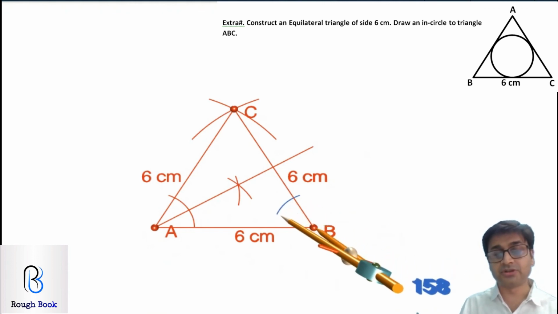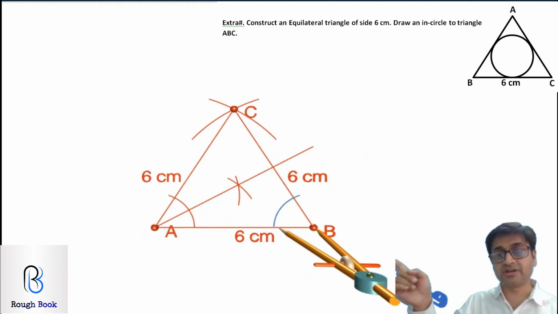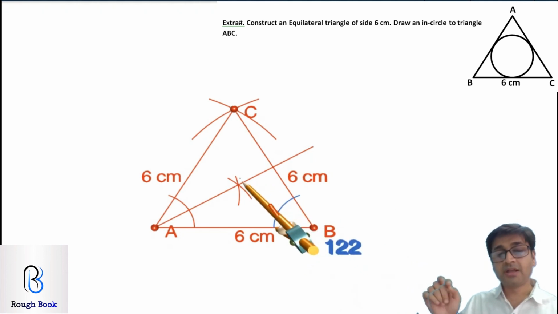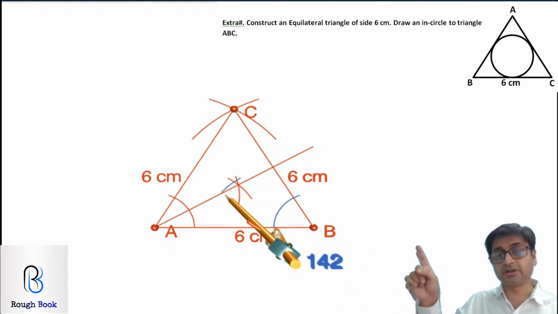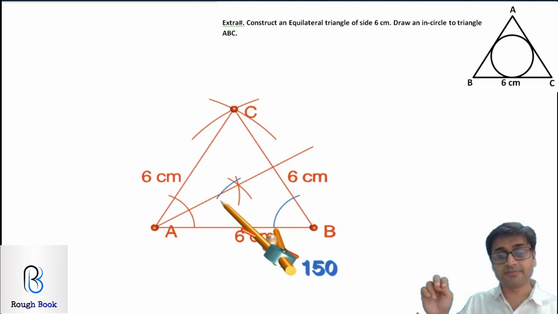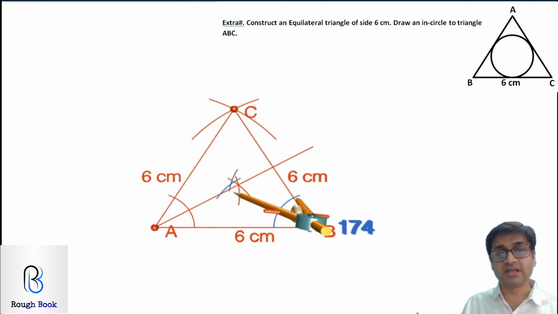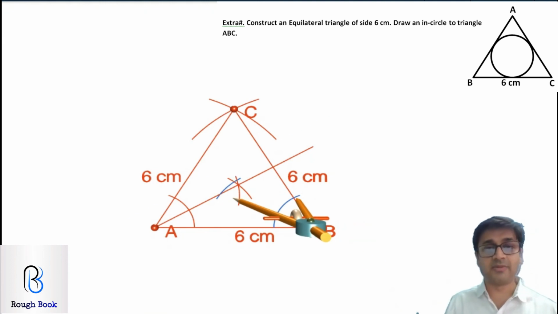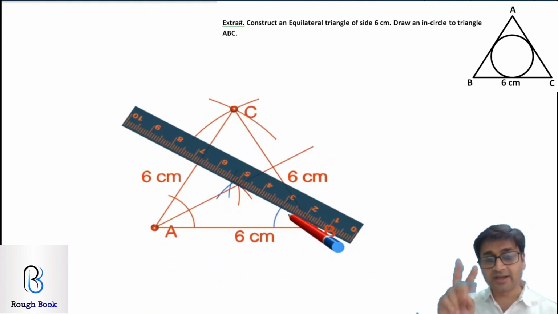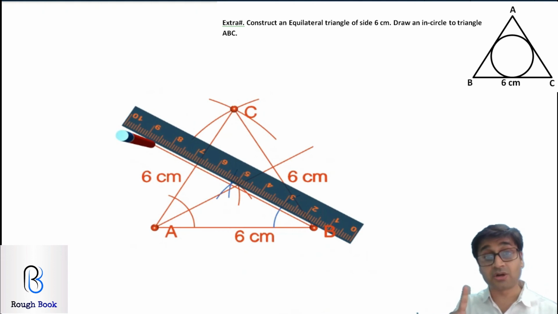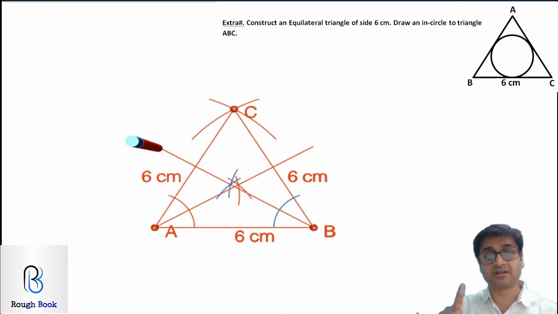So keeping the compass on B, cutting an arc, can you see right over there? Then on the point below, cut one more arc, then go up and cut your second arc. Join the point of intersection with B, just like this, and you will get your second angle bisector. Once you've got the two angle bisectors, we've got the center of the incircle, that is called the incenter. But how to draw this incircle is a big question mark.